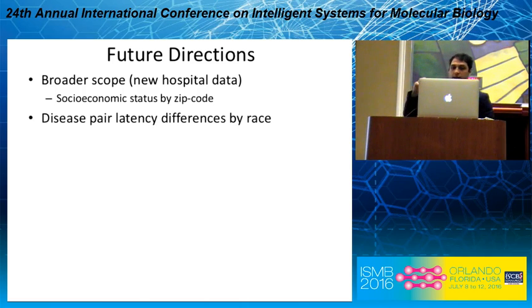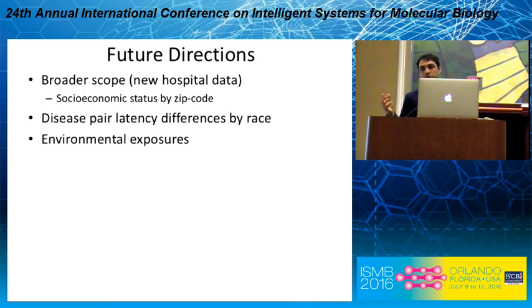I also mentioned that we looked at order of disease, but we didn't really look at the latency between the diseases. We calculated the average latency for each race, but we didn't really delve into it and understand why. We also just got access to environmental exposure, such as allergens and pollution, that we're going to include in our